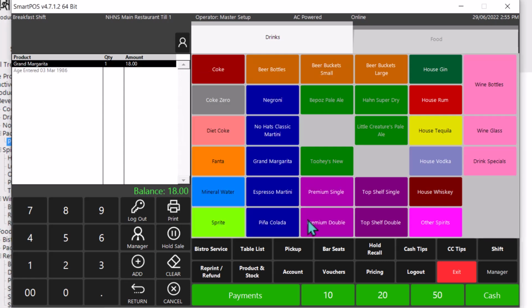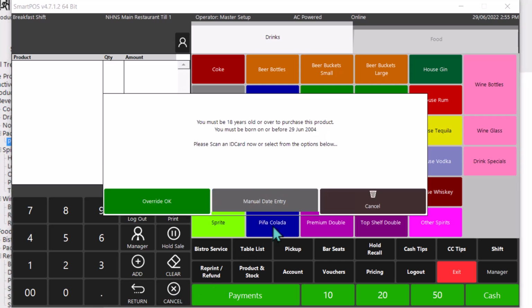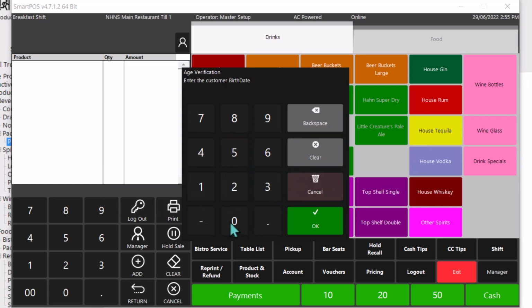Cool, so the prerequisite condition has been met here. The product is added to the transaction and we can proceed. Notice also that the date of birth entered is shown in the transaction window as age entered and then the date of birth. But if I cancel that, we go with another transaction here and I enter a date that